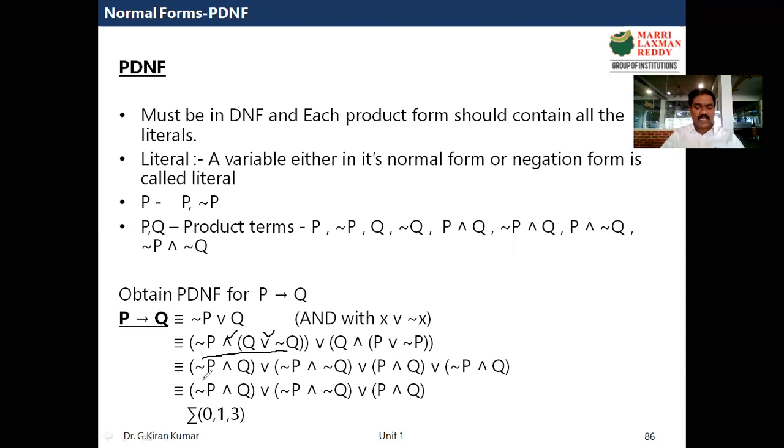So therefore, negation of P and Q, or negation of P and negation of Q. Now this R I have taken as it is here. Now this is again De Morgan's law. It is Q and P. Since I am writing Q and P, I have taken P and Q.